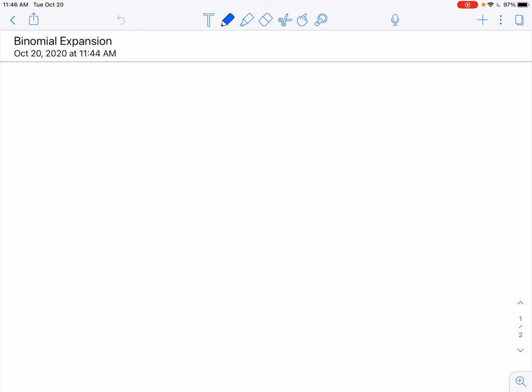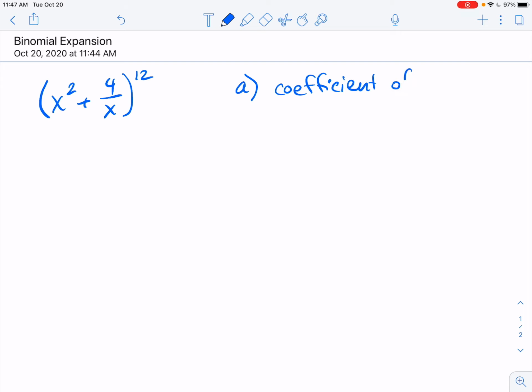Okay, howdy IB. I want to work through this problem. They tell us, this is in the book, it says (x squared plus 4 over x) raised to the 12th power, and they want two different things. They want to find the coefficient of, I can't spell, of the x to the 6th, and then they want to find the constant